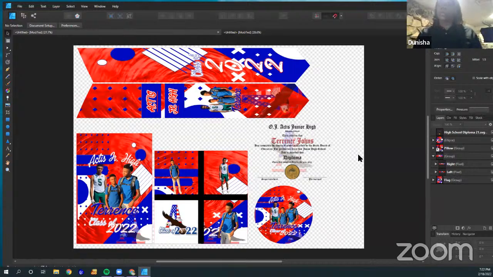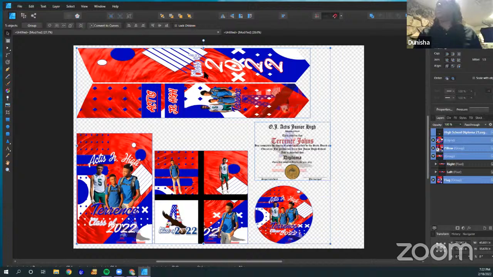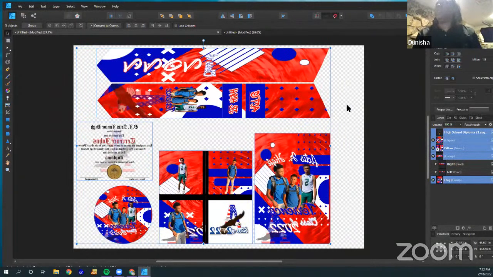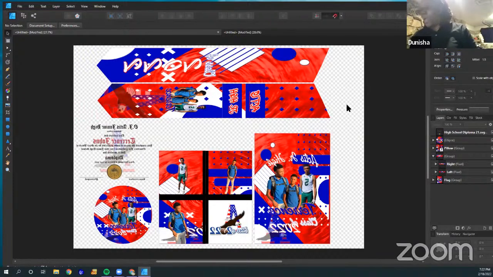In this software, I do need to mirror it before I send it because it's not like my Sawgrass. It doesn't mirror on its own. I don't think I set the printer to mirror. So I think I need to mirror it myself. You know what? I don't even remember. I'm going to flip it, and then if it comes out wrong, I'll just come back and flip it back.